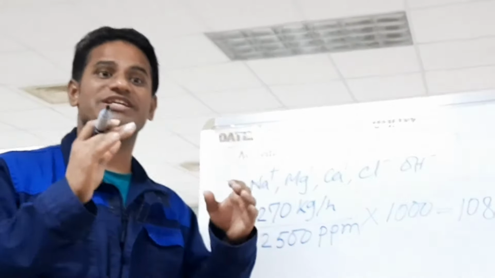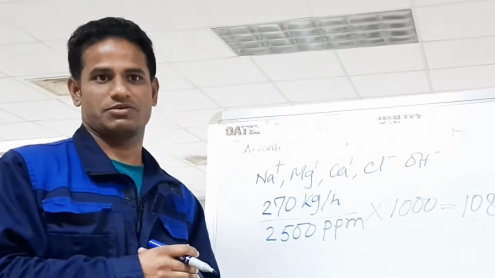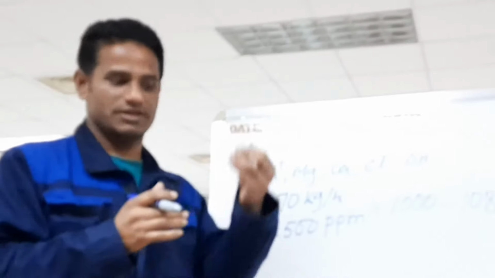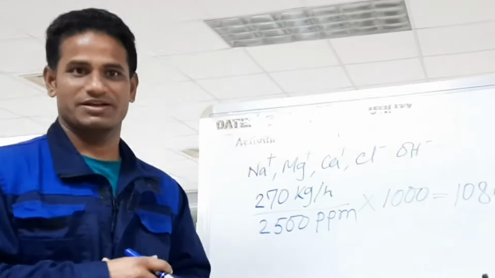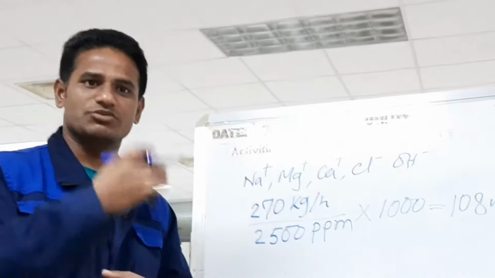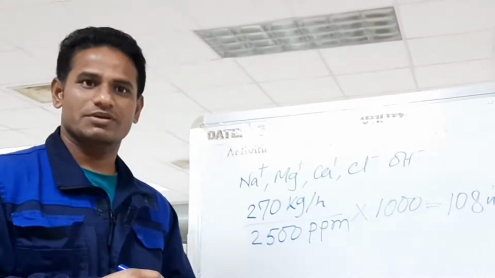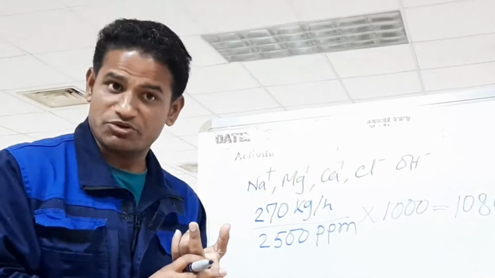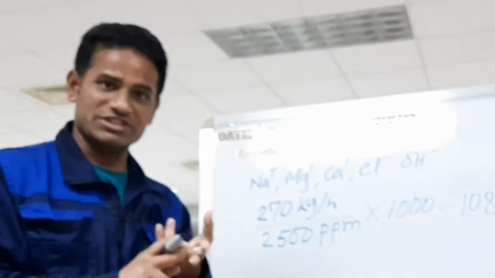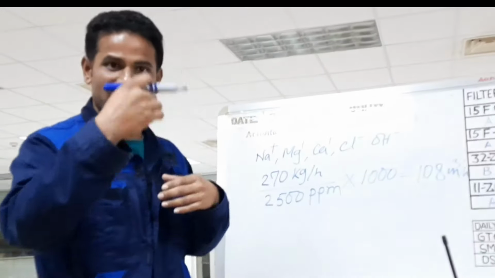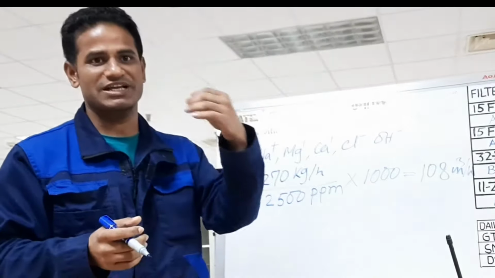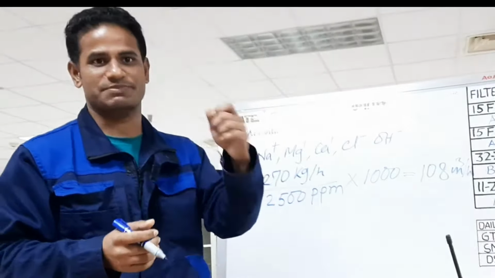This is a vortex type strainer. We are using this strainer only for removing the suspended solid. One strainer is in continuous service, and the other is on standby. Both sides have one drain line. We drain 10% of the total production through this drain valve to remove the suspended solid. So around how much are we draining? 12 meter cube.